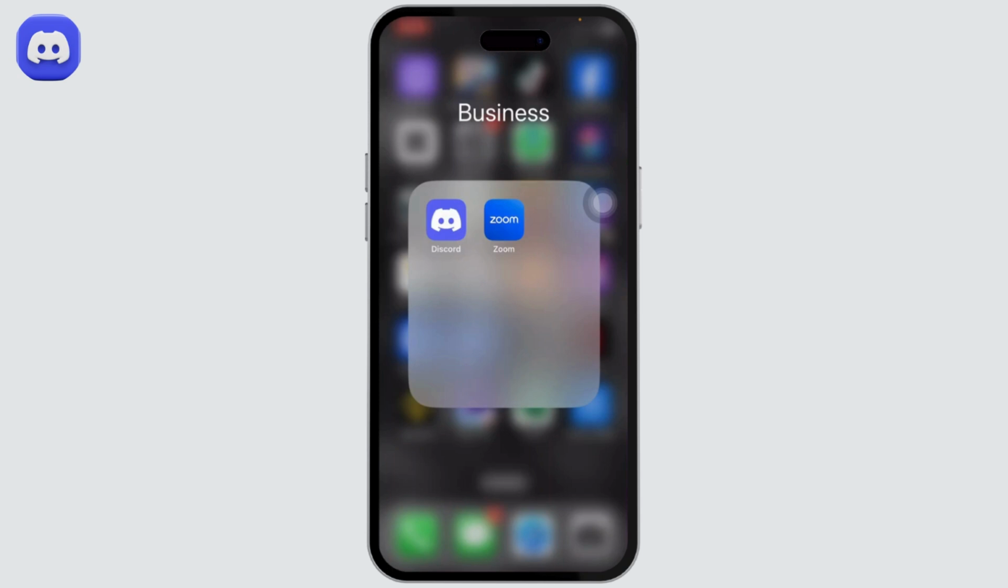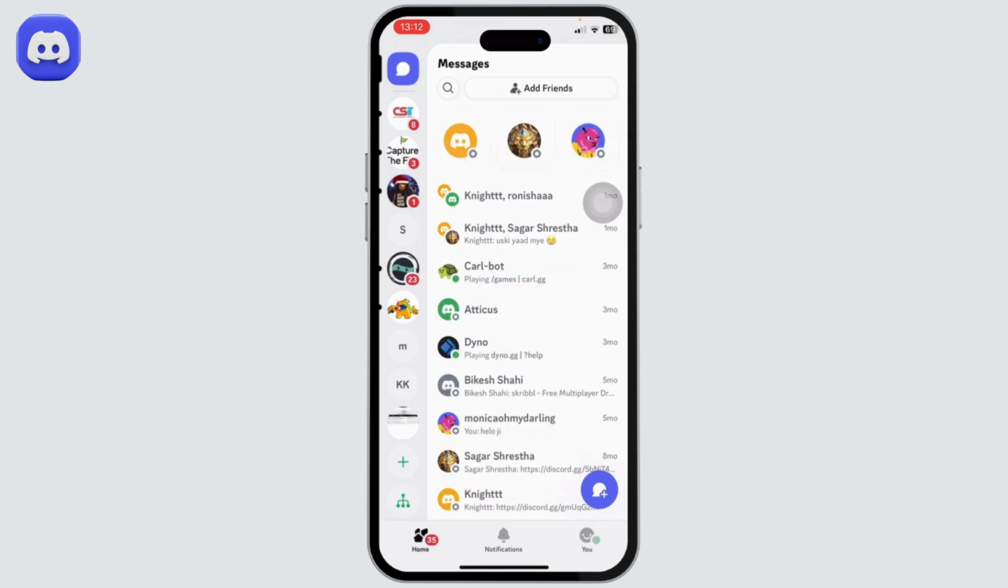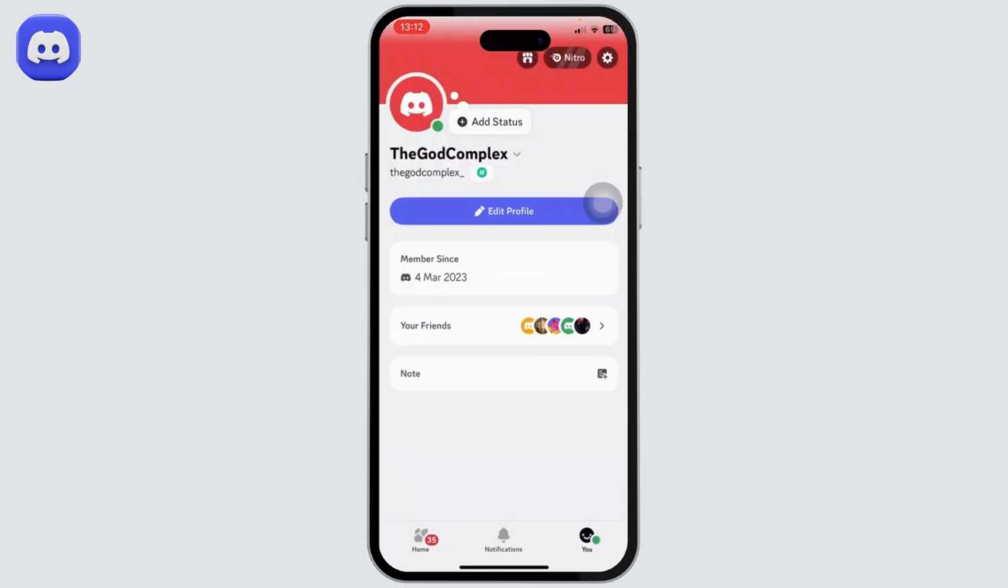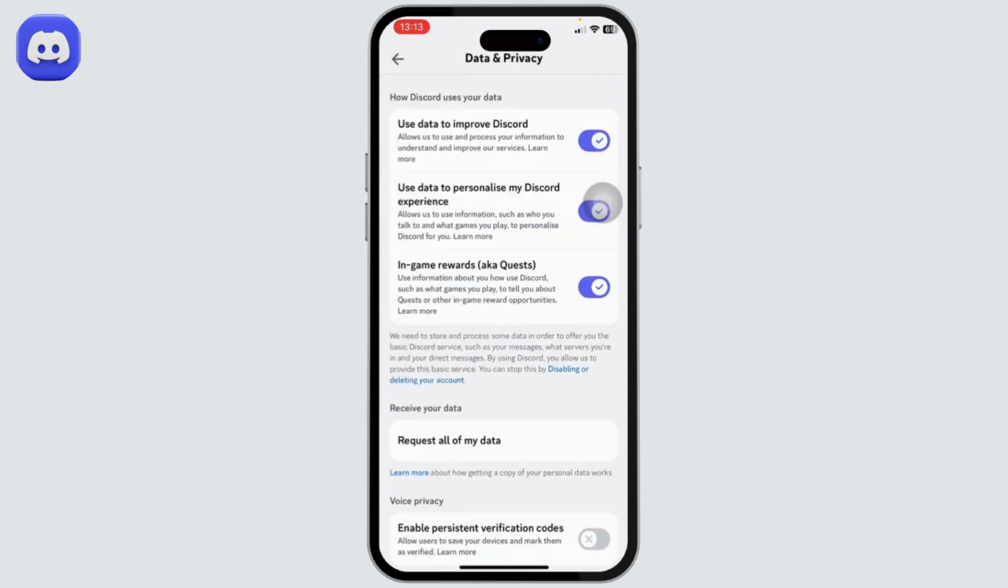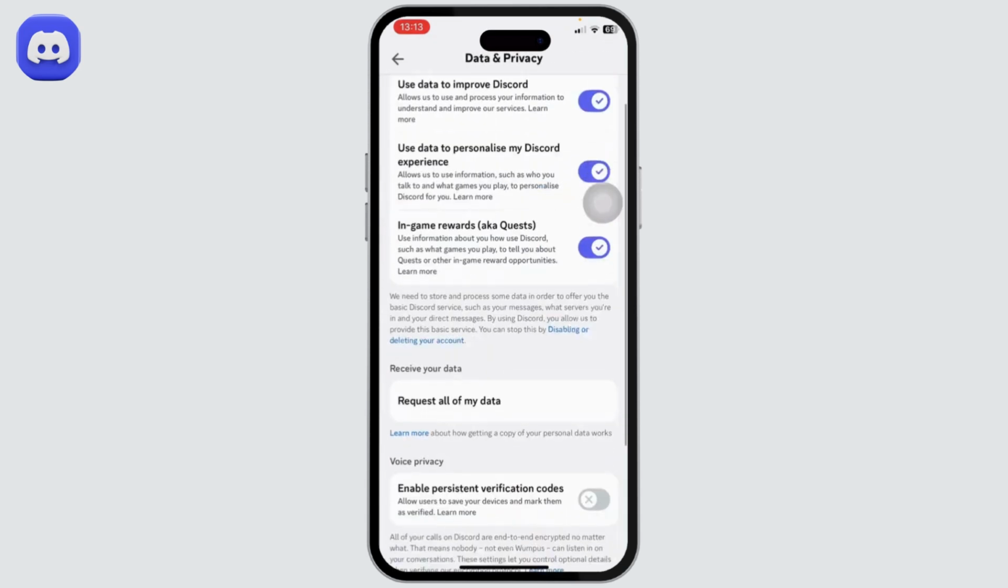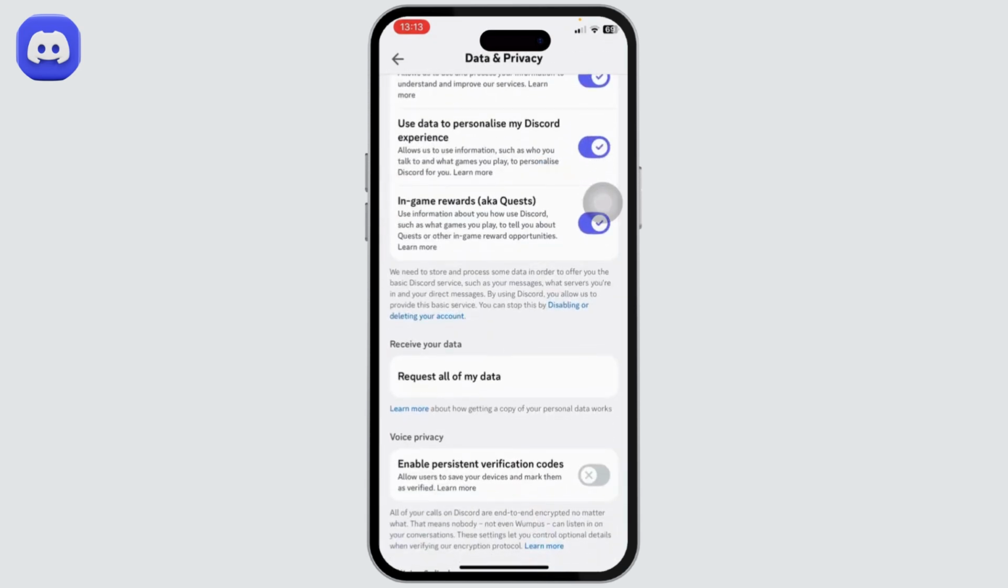Now let us begin. So the first thing you'll need to do is open up your Discord. After you open it up, head over to the You page on the bottom right. After you're there, tap on the gear icon on the top right. Now after you're here, you should find an option called Data and Privacy or Privacy and Safety. Simply head over there. And after you're on that page, you should see an option that says Request all of